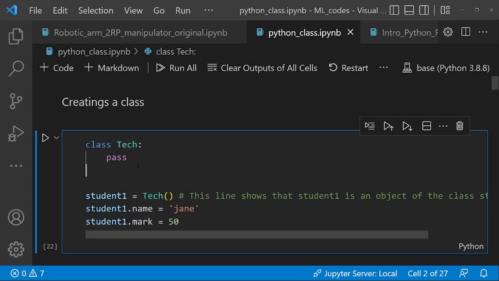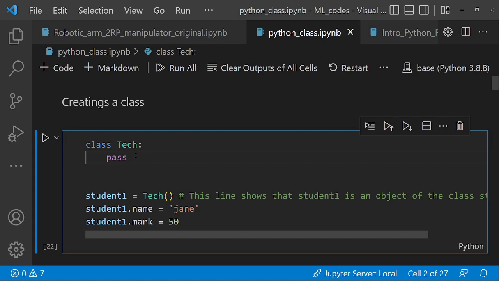For instance, if you create a class and you do not yet know what you want the class to be doing, you can use the keyword pass in the body of that class so that the class would be